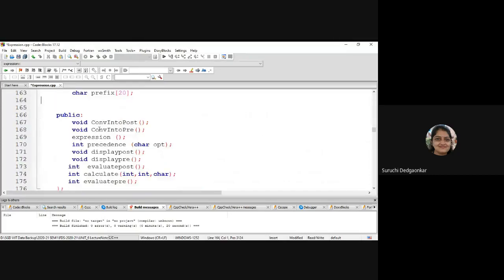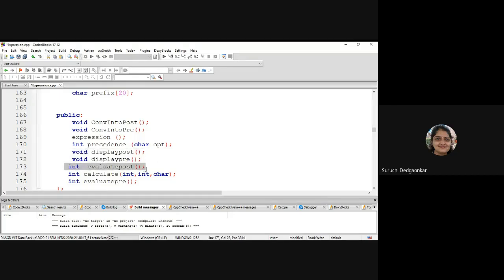These are the different functions. These are the two convert functions, convert post and convert pre, and the expression constructor where we are taking the infix value. Then this precedence function is required for the conversion part. And display post, display pre for displaying postfix and prefix values.